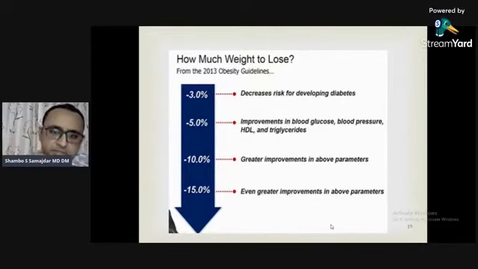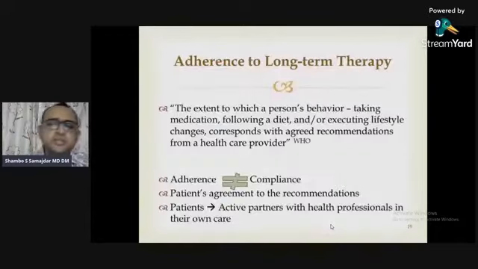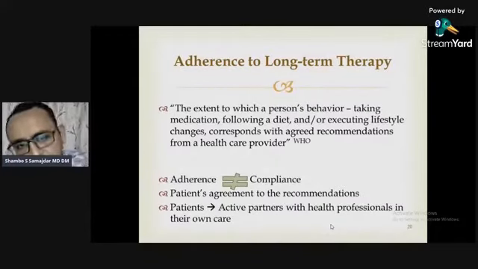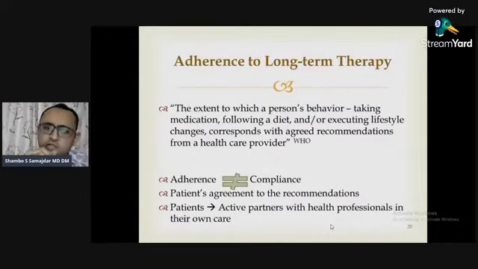If it is 5%, apart from that, there will be improvement in the blood glucose level, blood pressure level, HDL and triglyceride value. And if we decrease it much, there will be more benefit. So what is adherence to long-term therapy, which is very appropriate with these types of diseases, lifestyle diseases like obesity? The definition of adherence means the extent to which a person's behavior of taking medications, following a diet, or